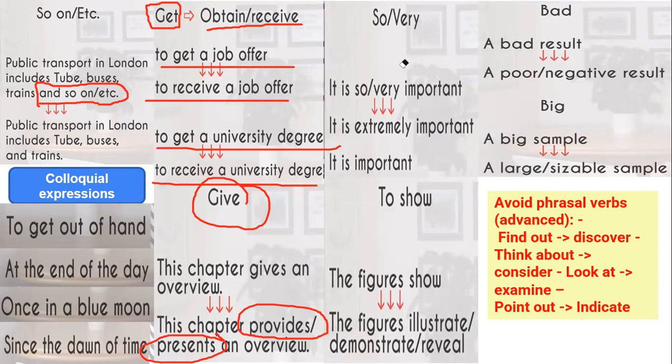Then the other thing is "so" or "very". It is so or very important. You can write it is extremely important or it is important. মানে so or very যদি পারেন অ্যাভয়েড করেন আর কি। It's better to avoid this. কারণ অনেক সময় হয় যে আমরা ইন্টেন্স বুঝাতে গিয়ে সো ভেরি ইউজ করি, যদি আমাদের ওয়ার্ডস গুলো মাথায় না আসে, যে আমি ভেরি ইম্পর্টেন্ট কে কিভাবে লিখতে পারি।